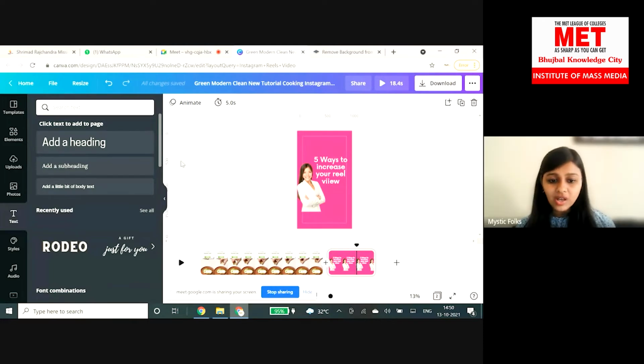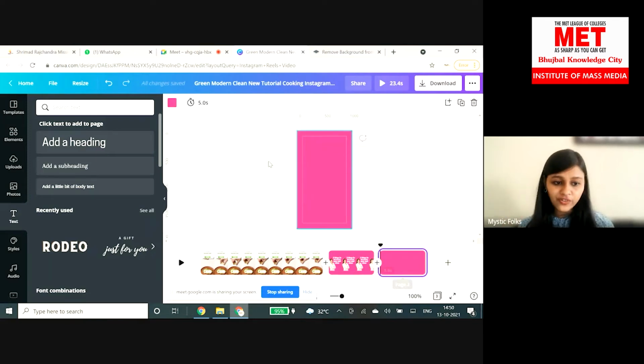So now while you are creating a reel inside Canva, visualize it like it's a video. Okay? So video mein kya hoga? There'll be one slide which will come, go. Second slide which will come, go. Third slide which will come and go. Or you'll be just using one slide, but the video inside keeps moving. Correct? So you need to understand what you are going to make. So again, think of how you are going to